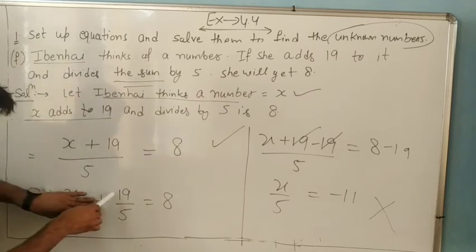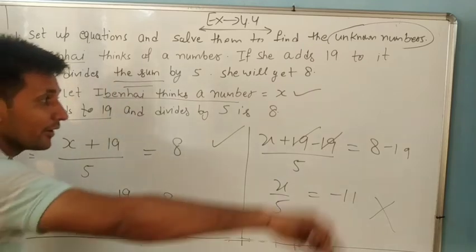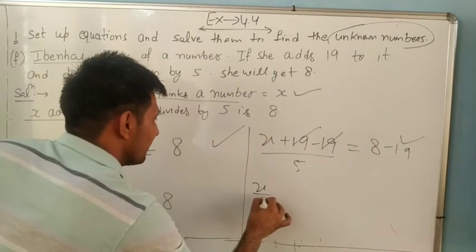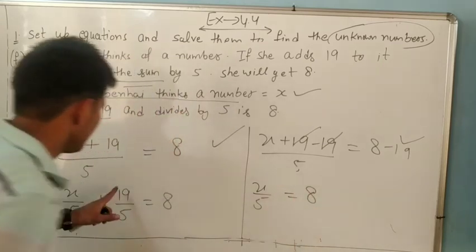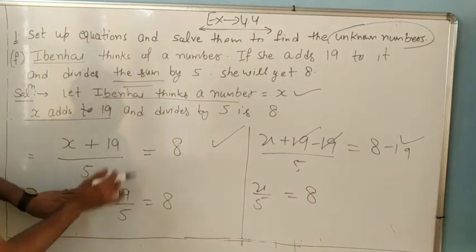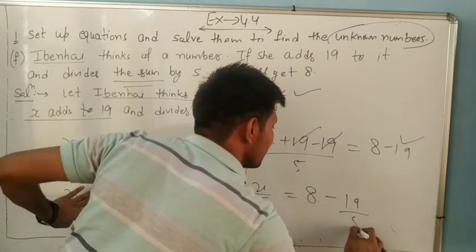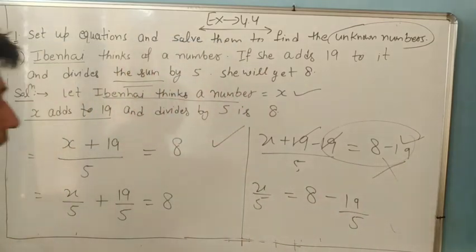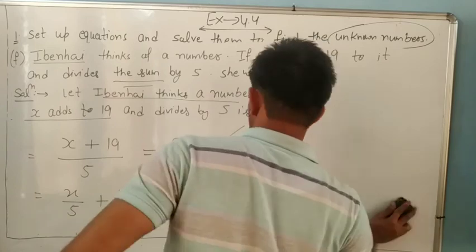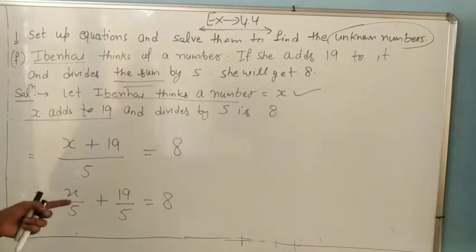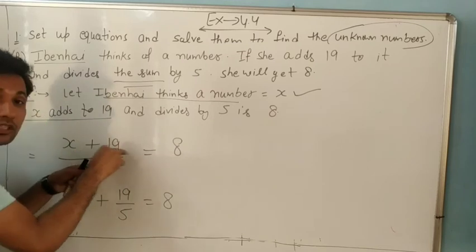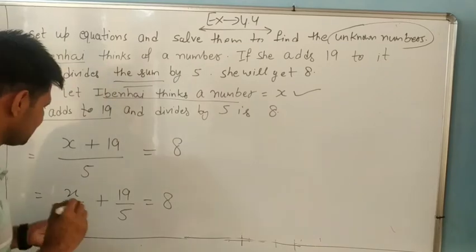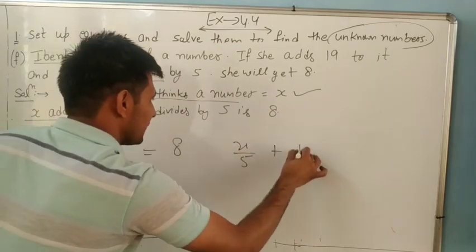So it means 19 by 5 is removed to the other side. Here we cannot remove only 19; it becomes x by 5 plus 19 by 5, which is positive on one side and negative on the other side. If you write only 19, it is wrong, dear. Always remember one thing: whenever a long division is given, what we remove is not 19, it is 19 by 5. You can check it here: x by 5 plus 19 by 5.